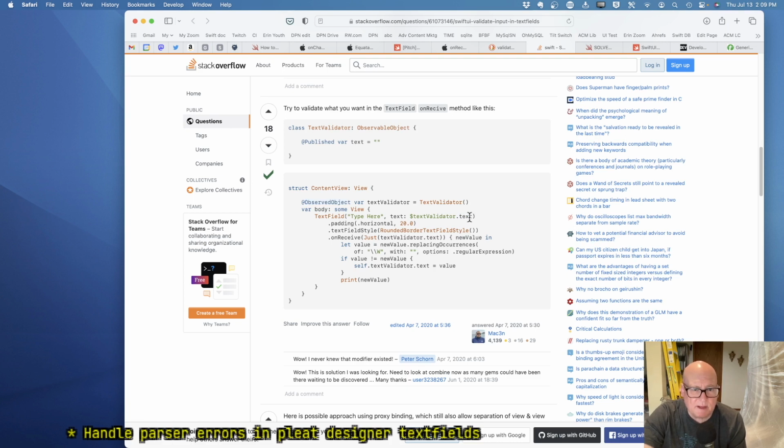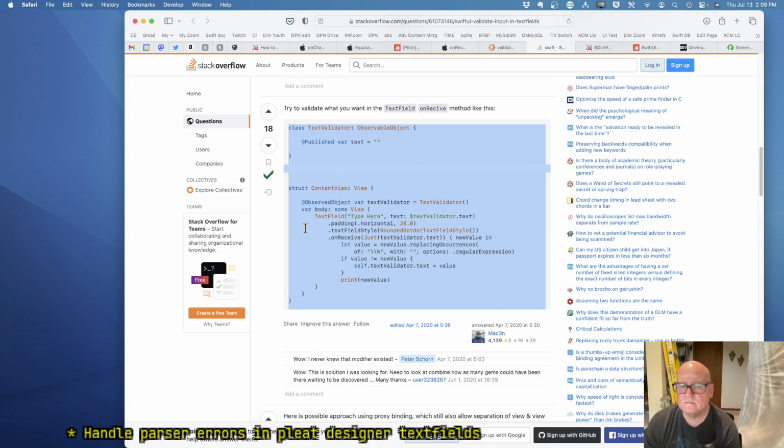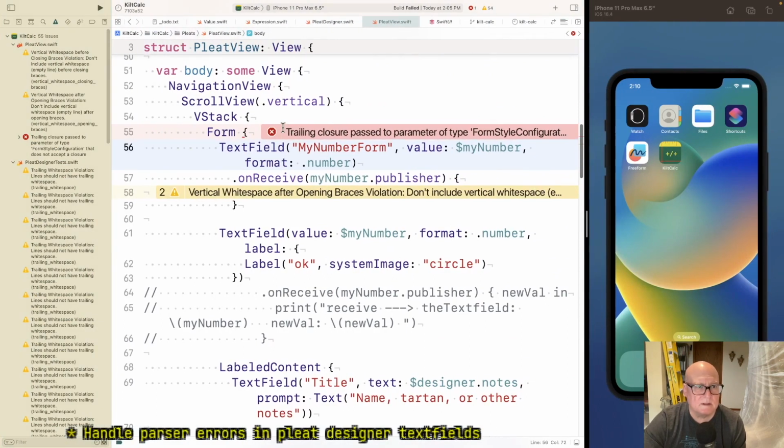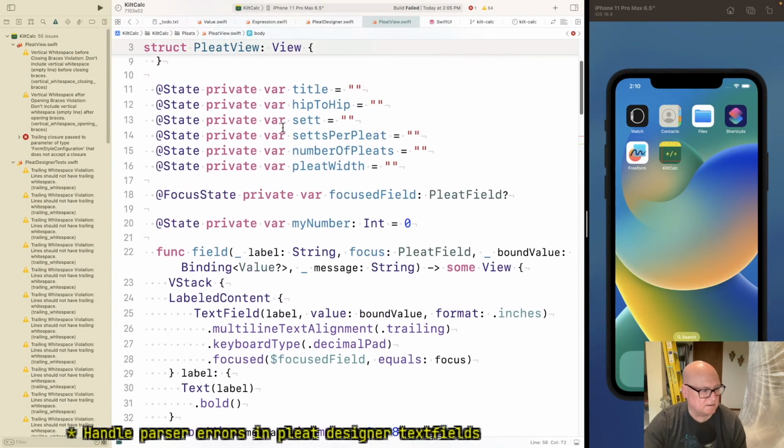He doesn't use format. Well, let's see if we can do the equivalent of this. And that doesn't work on. All right.